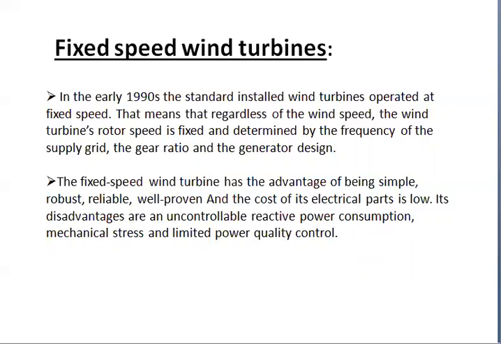It is characteristic of fixed speed wind turbines that they are equipped with an induction generator, that means either a squirrel cage or wound rotor, that is directly connected to the grid with a soft starter and a capacitor bank for reactive power compensation. They are designed to achieve maximum efficiency at one particular wind speed.